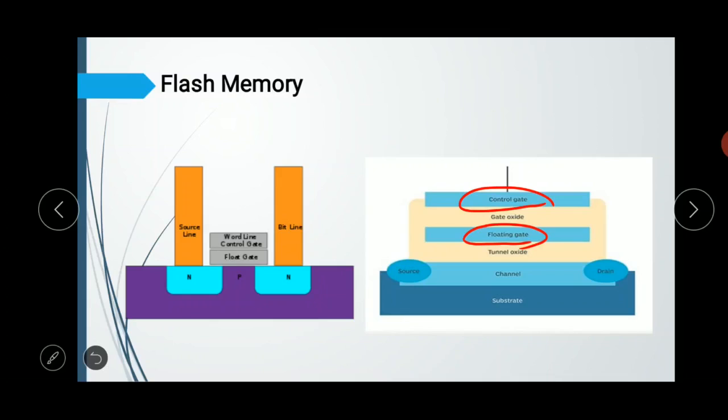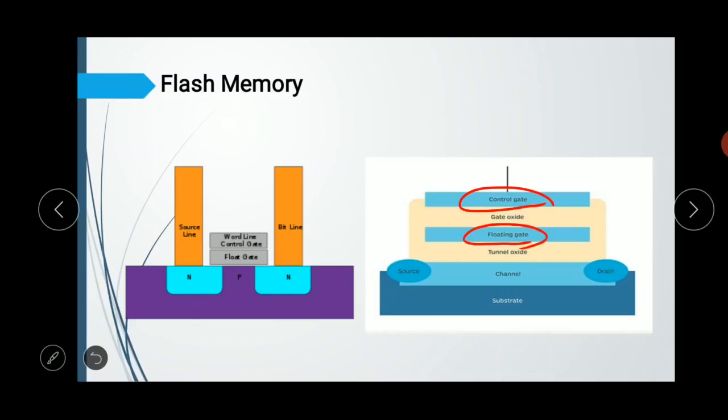The cells can be seen as an electrical switch in which current flows between two terminals. We know that is from source to drain, and is controlled by a floating gate and a control gate. Means we know that the current flowing through the MOSFET is controlled by the gate voltage. So here it is controlled by two gates, that is floating gate and